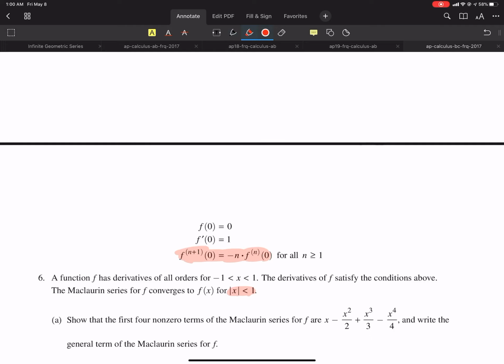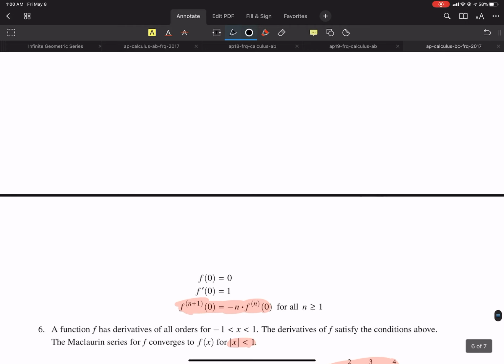And they want the first non-zero terms of the Maclaurin series for f. They want you to show that, and they want the general term. They want you to build the Maclaurin series from scratch. That's what it's asking for. So you should know